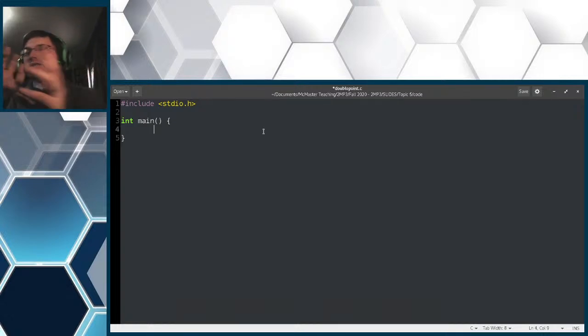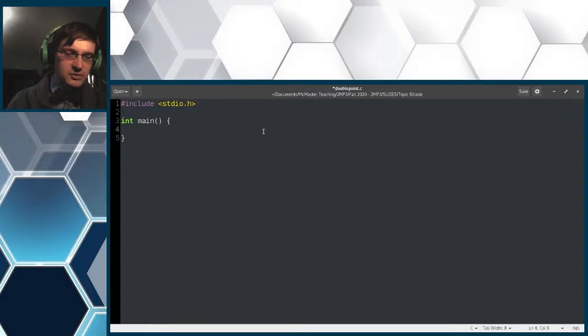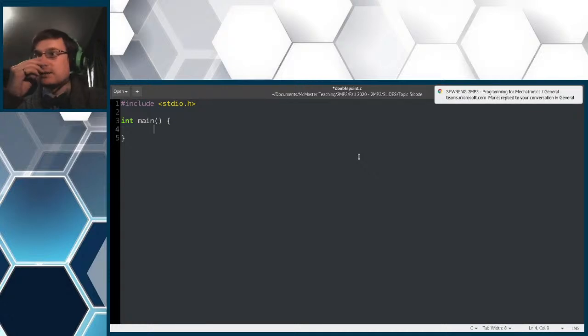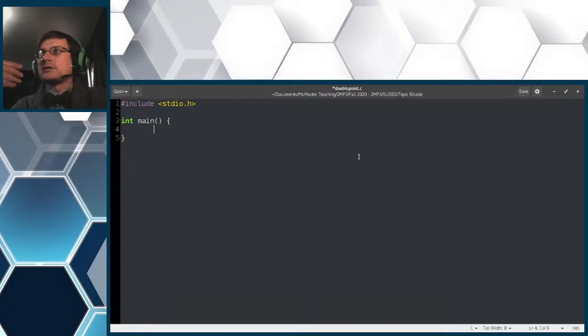So there's a slight conceptual difference between a double pointer in the sense of the address of an address. That's sort of linear double pointing. This is something that we'll see in the next set of slides when we start talking about string operations. There are some string library functions that